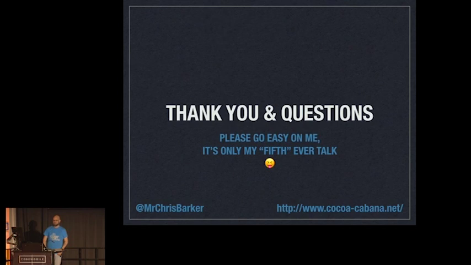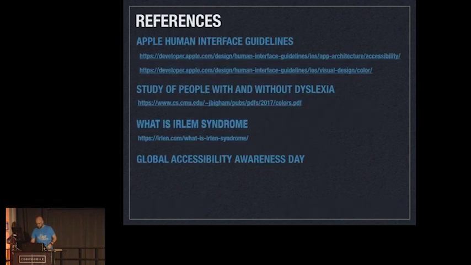If you did decide to put these colours into your app to support Irlen's, are there any resources that give you the actual hex values, the exact colours to use? Yes. If you go to that link, I've actually got some there. They don't give you the exact hex values, but they give you the rough shades, so you can play around and work it out. I tried a couple of different ones with Neve before I got the bang-on colour that I wanted, so there's no exact colours.